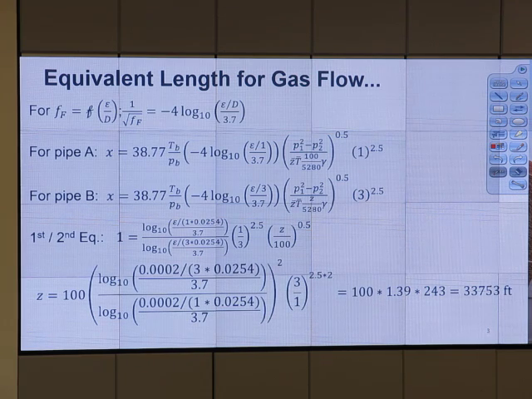Okay, let's start. This is to give you the equivalent length concept. If pipe A and pipe B give you the same pressure drop for the same flow rate, we can say pipe A is equivalent to pipe B or pipe B is equivalent to pipe A. Okay? Let's start with